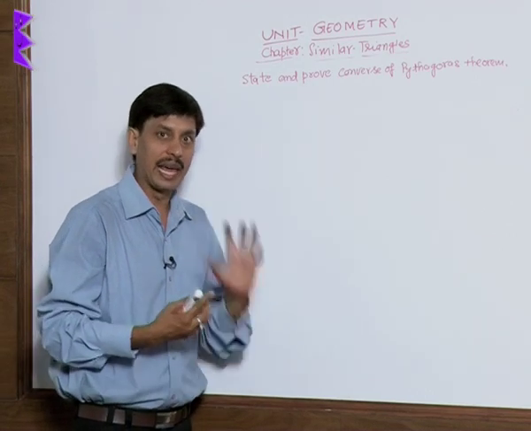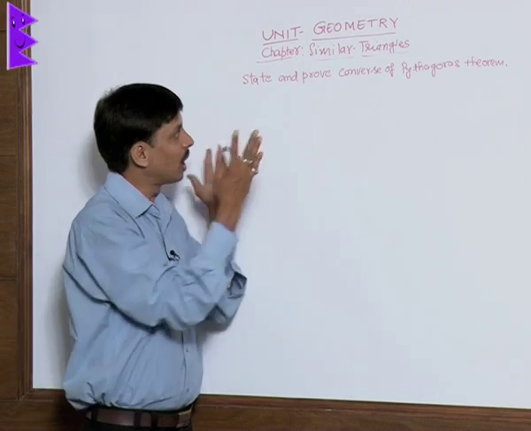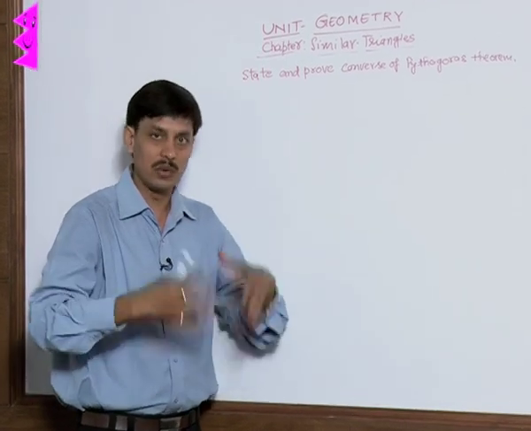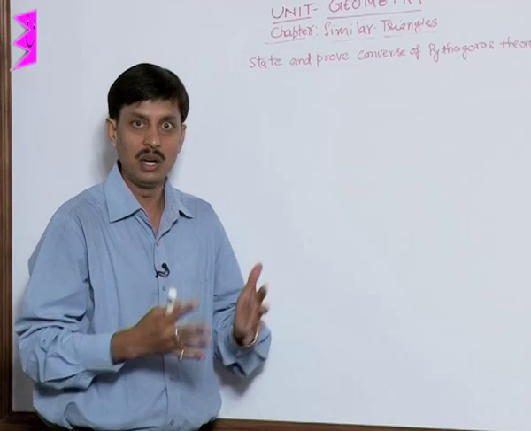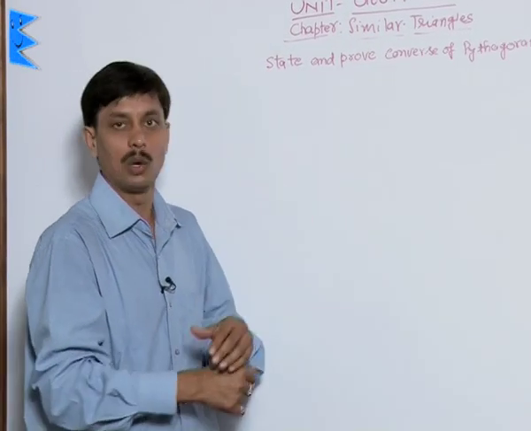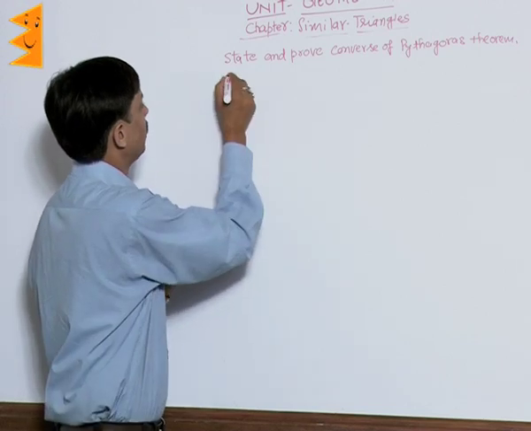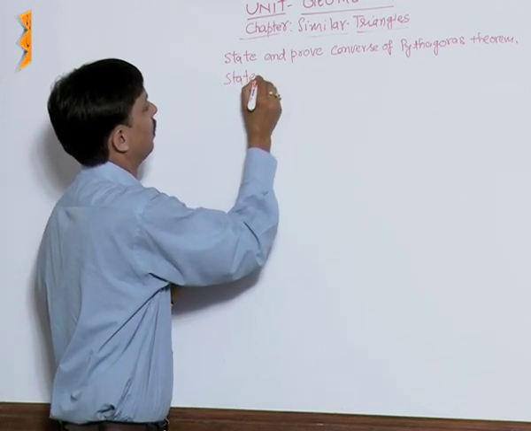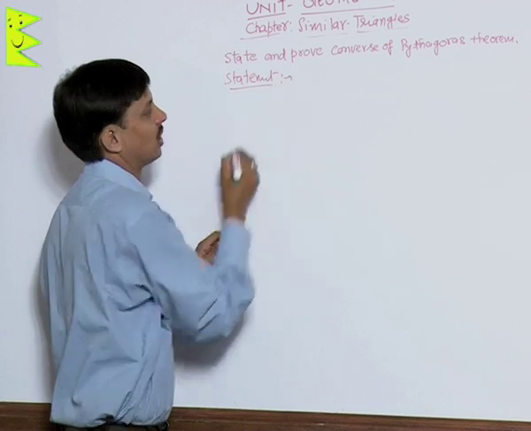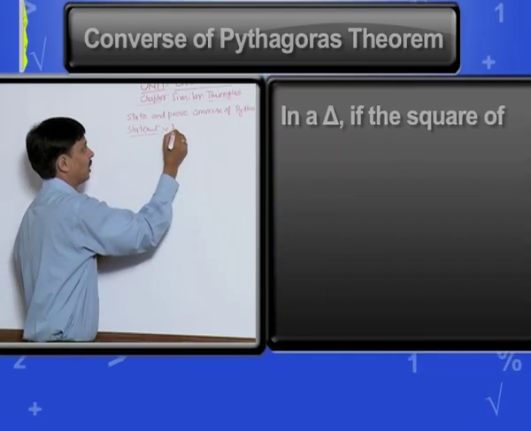Only one who knows about the Pythagoras theorem can state the converse. Converse can be stated only by one who is aware of the Pythagoras theorem. So what is the statement I am writing here? The statement of the converse of the Pythagoras theorem is: in a triangle,